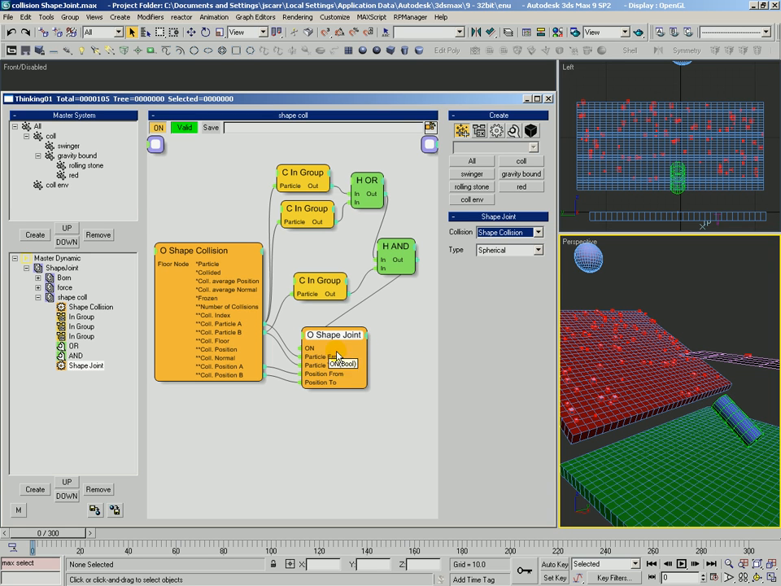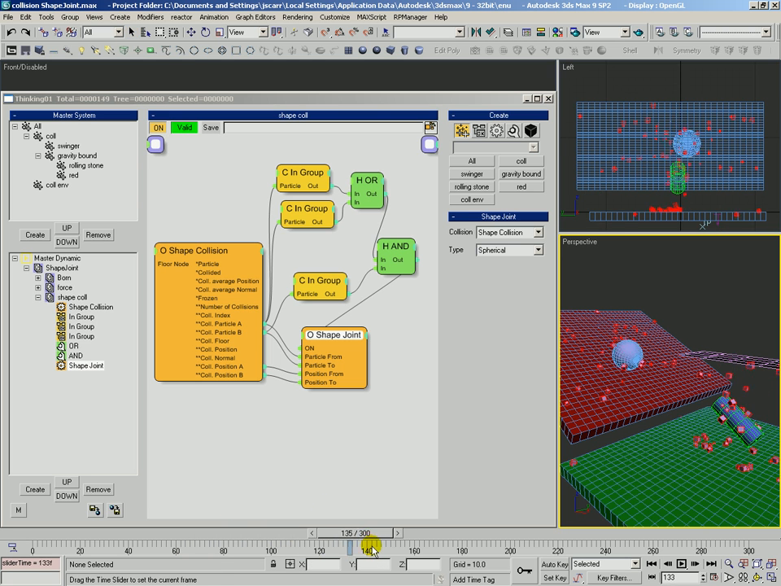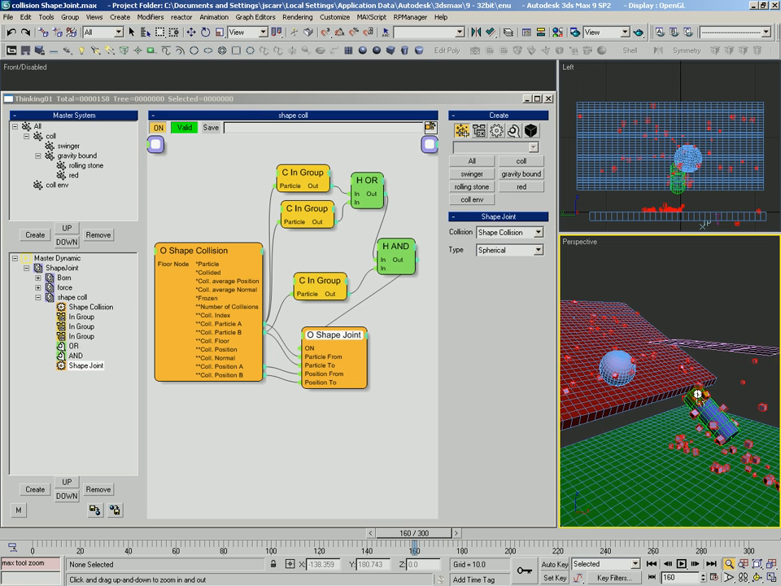In this video we're going to take a look at the ShapeJoint operator. This allows us to work in conjunction with a shape collision to create a joint between two different particles involved in that shape collision. We've got this dynamic set already cached, so let's just go ahead and scrub and see. We get this ball rolling and picking up these red particles, and then we also get these red particles falling here and sticking on this cylinder